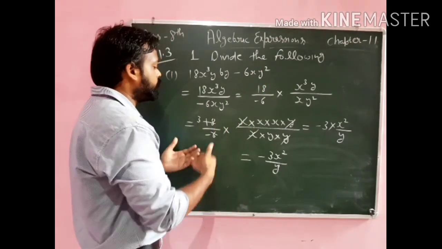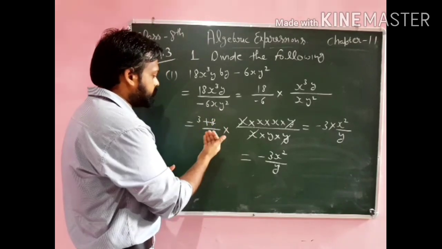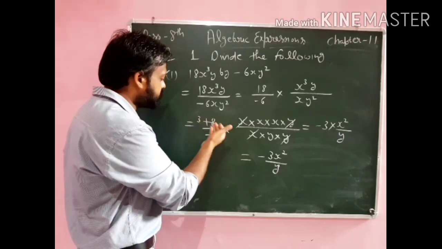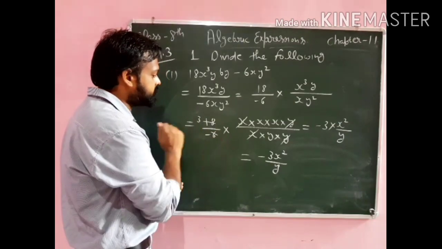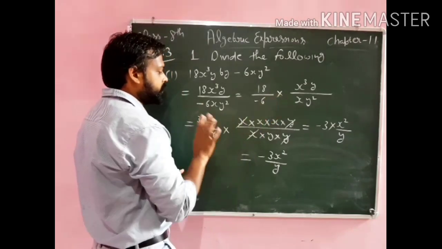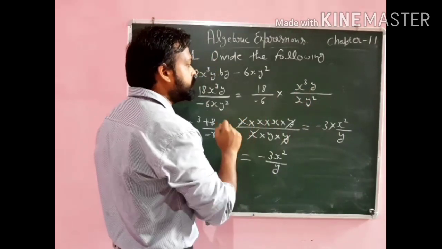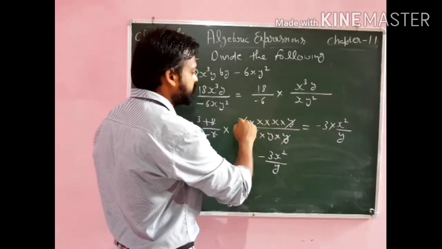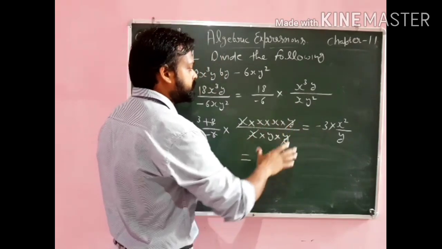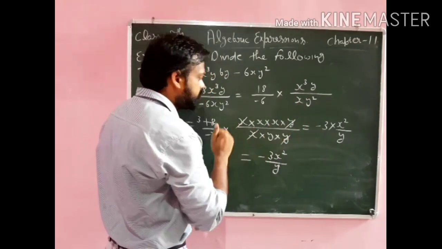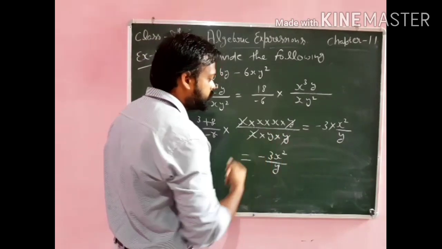Okay, now in the next step you have to reduce the numerical fraction to the lowest fraction. How do we know that some common factors are there? 18 can be divided by 6. 6 threes are 18. So I cancel this 6 with 18 and I got 3, and the minus sign will stay as it is. The multiplication sign stays as it is. Now in the same step, x raised to power 3 means x can be written 3 times, x multiplied by x multiplied by x, and y has only a single power, so it will remain as it is. And over the denominator you can see x here, and y raised to power 2 means y is multiplied 2 times, it will become y into y.